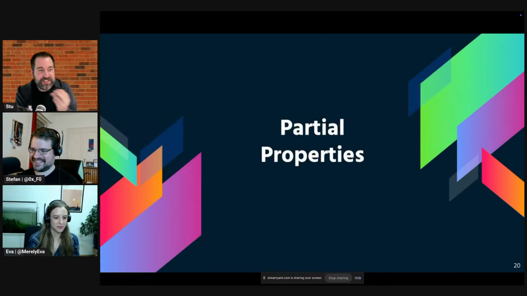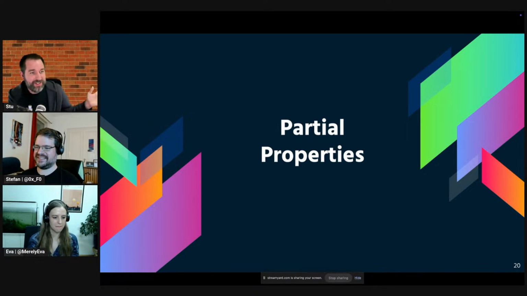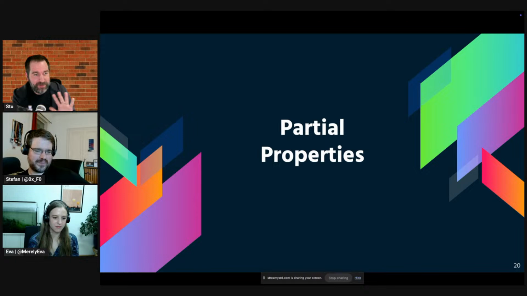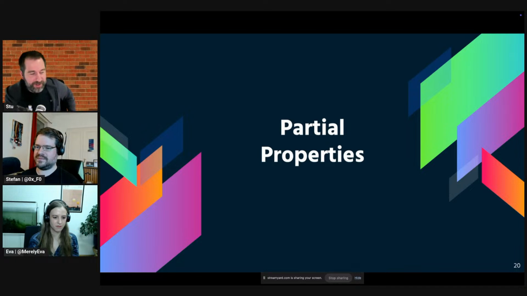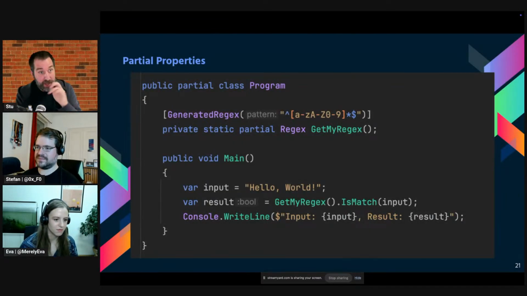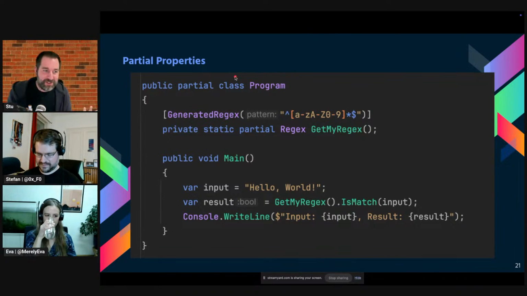Partial properties. This is an example of a syntactic one. Again, this is one you wouldn't need to polyfill because the implementation is all at the language level. There are no moving parts to it, for example. But yeah, partial properties are what they sound like. Just to show an example of where they shine,